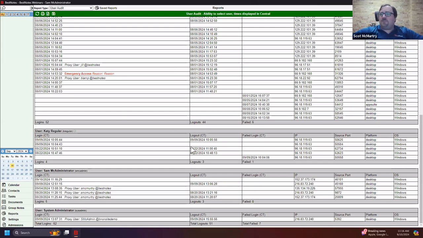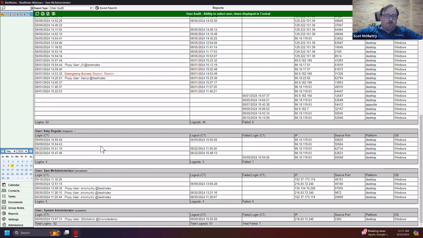Another thing to notice, for example, we have a login, but we don't have a corresponding logout. Anytime you hit the log out button in BestNotes, or even just close it from the operating system close button, it will give us a log out notification. However, if maybe you shut off the computer, terminate the program, or just don't log off at all, some people keep BestNotes open for weeks at a time. It will not give you a corresponding logout entry. If you're logged into multiple computers at once, which you can do, again, you might not see a correlated logout